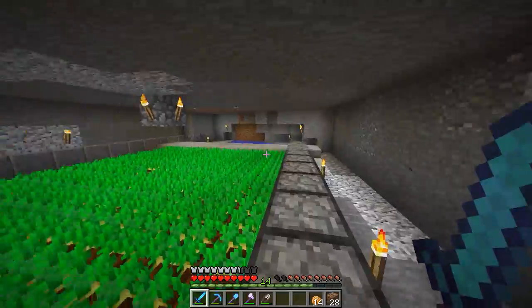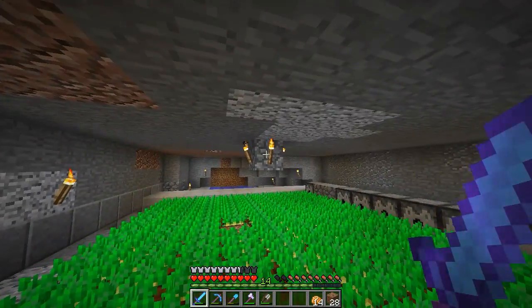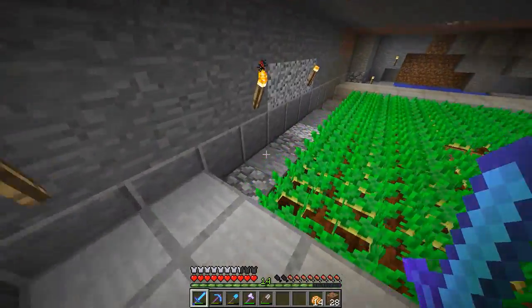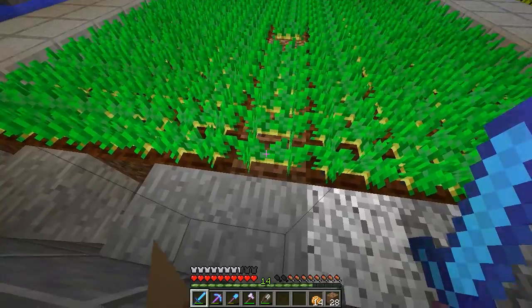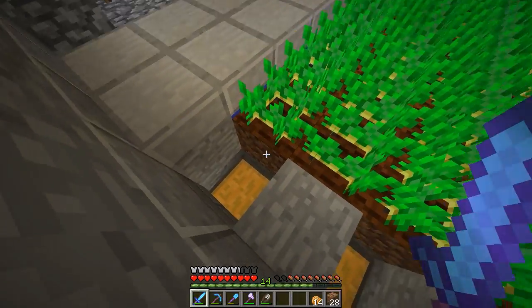I was also thinking of possibly having it where I would have redstone lamps in here, and then you just turn the redstone lamps off, and then all these things pop up. But I don't know. I have to try this in creative. I'm not sure if I put